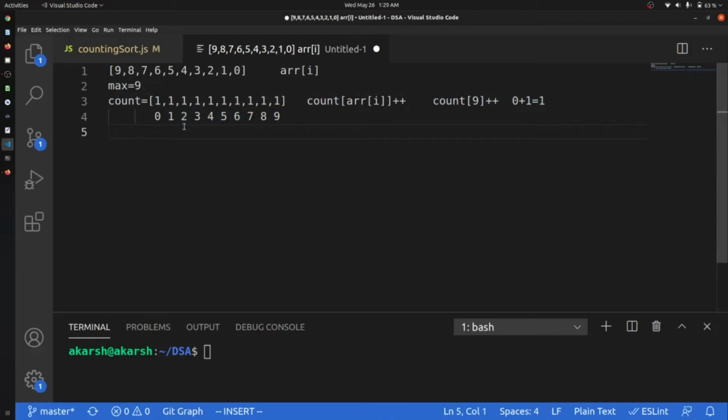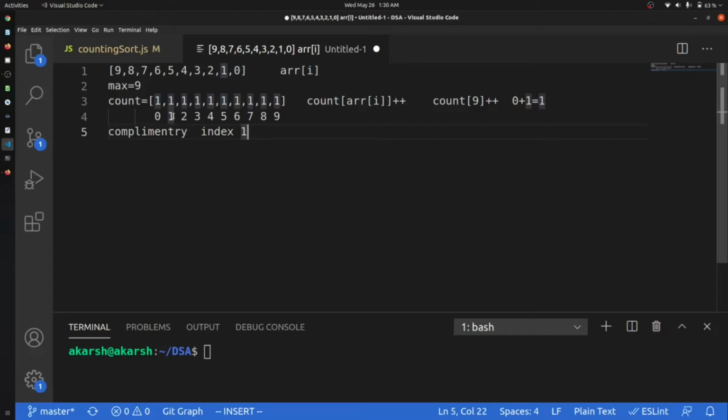After that we have to find the cumulative sum of the count array. What this says is that you have to add up each element with its previous element. We will always start from the first index, index 1.